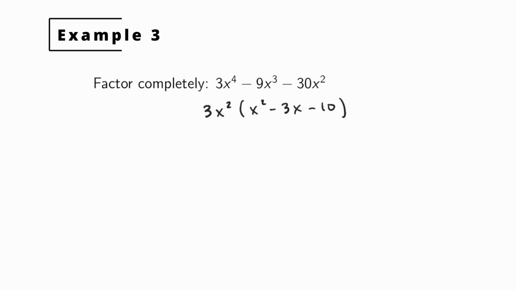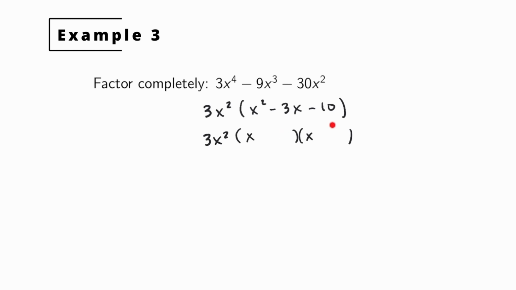So our remaining polynomial here is a quadratic trinomial of the form x squared plus bx plus c. So the coefficient of x squared is 1. So what we do, we write 3x squared. I'm going to draw my parentheses here. We have an x goes here, x goes here. Now, what do we put in the blanks?